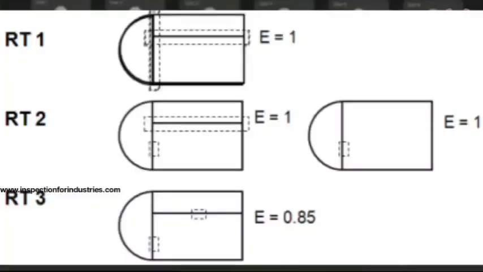Yes, the circumferential joint is type 1, 2 or 3? It should be type number 1. Yeah, Abhishek, type 1. Okay, then you can take both 1 and 0.85. If it is type 3 to 4, 5, 6, 7, then you have to take 0.85, even if you do RT. There is a clause of